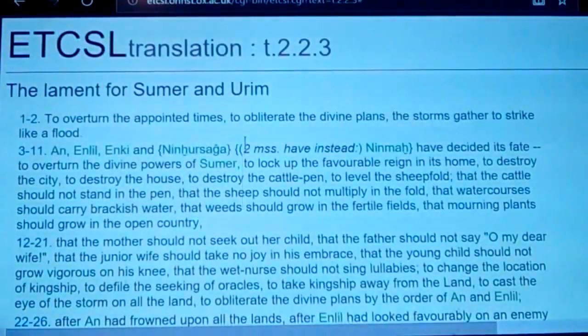Now, where I found this, of course, let me show you. If you type in the Lament for Sumer and Urim, you'll get an ETCSL translation. You won't be able to go to this page. It'll probably look different than that. You won't find it in T.2.2.3 like on my screen. It may be on 2.2.3. Just look for Lament for Sumer and Urim if you want to read over this. Anyhow,